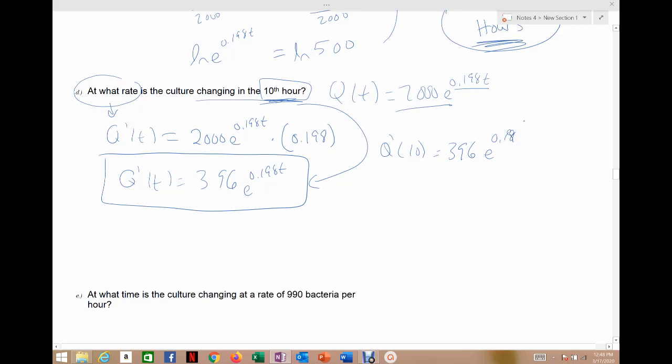Keep wanting to do 8,9 instead of 9,8. 0.198 times 10. All right, and then again, I'm going to round to a whole bacteria. And so when we plug that into the calculator, it comes out 2,868 if I round to the whole number. Again, 2,868 has meaning. It should answer the question. So answer the question. The culture